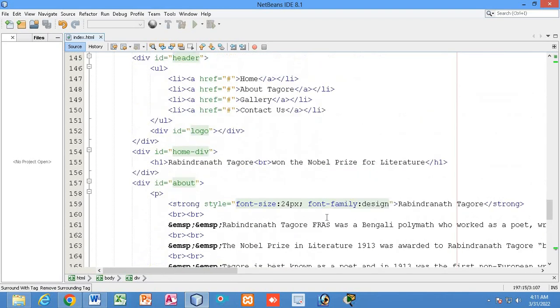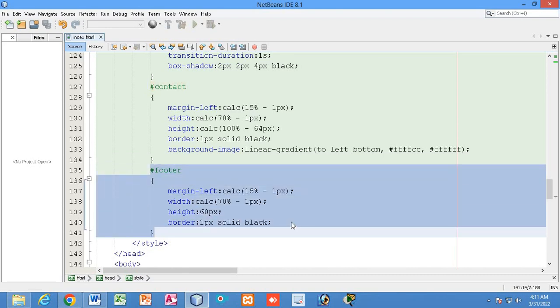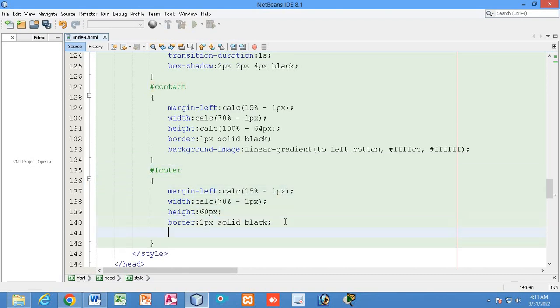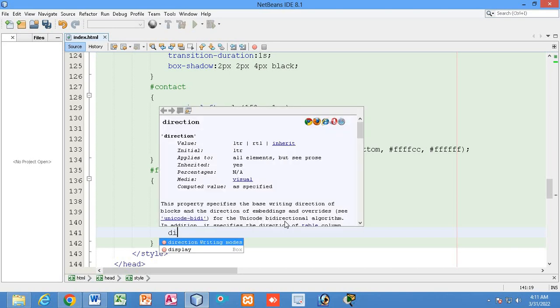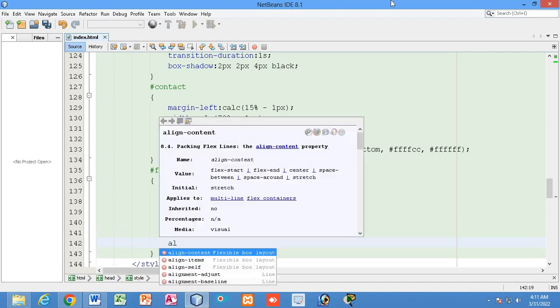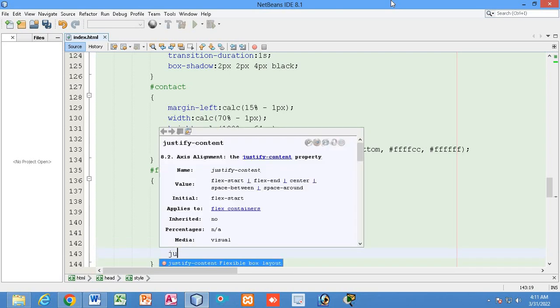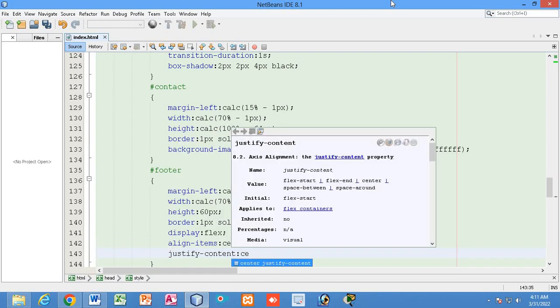Inside the footer, I write display flex, and align items center and justify content center.